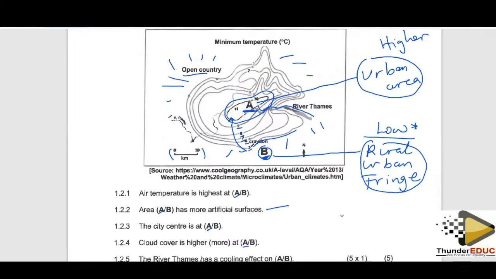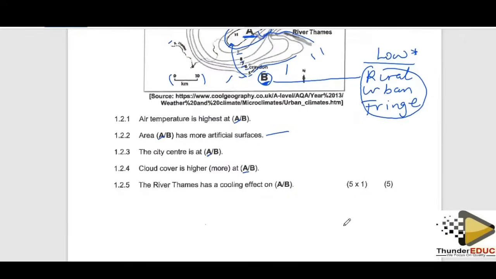So that is why we say for 1.2.5, the river will have a cooling effect on point A. All right. So those are our questions 1.1 and 1.2. Let us proceed to the next question,